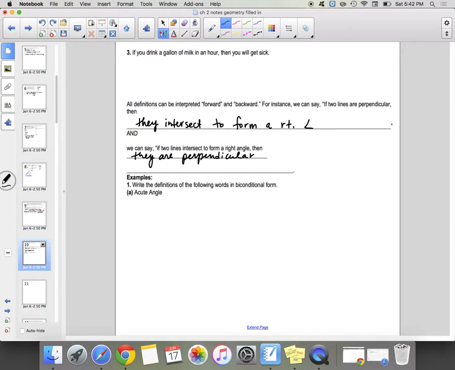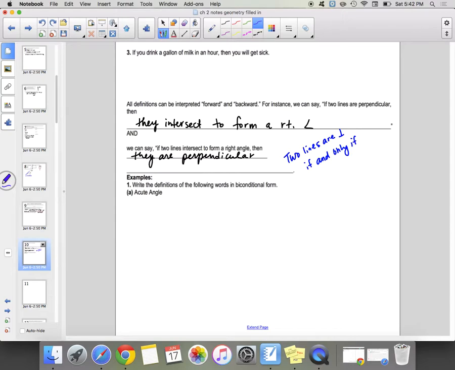Okay, so we could combine those because both of those are true, so we could combine those into an if and only if statement. So we could say two lines are perpendicular if and only if,